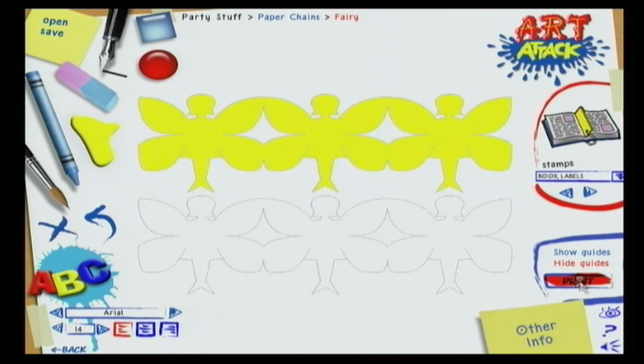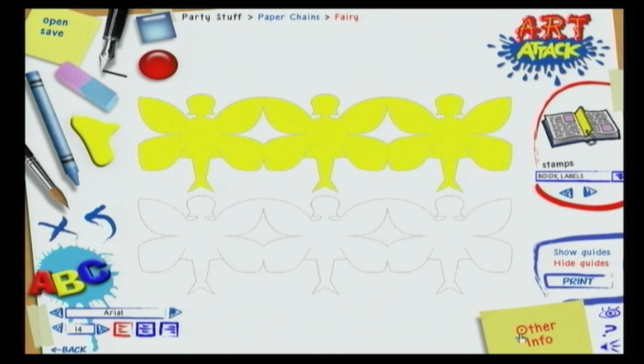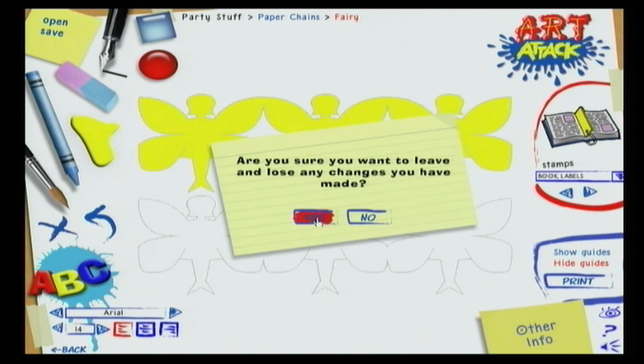And then presumably print. I'm not connected to the printer, so I assume that just opens the print menu. There we go, and there's an others tip thing here, so let's put lots of glitter and sparkles all over these and all over your table and all in the carpet and everywhere else. So I don't think there's much else to do on that one. Can't see why you'd use stamps and those sorts of things on this either, but